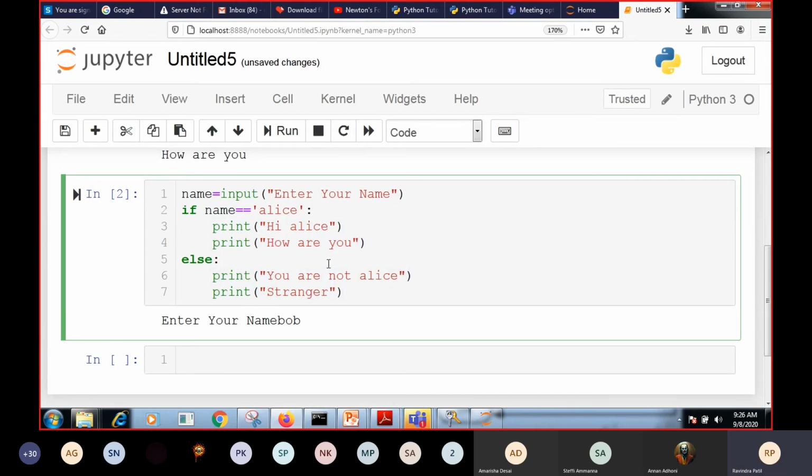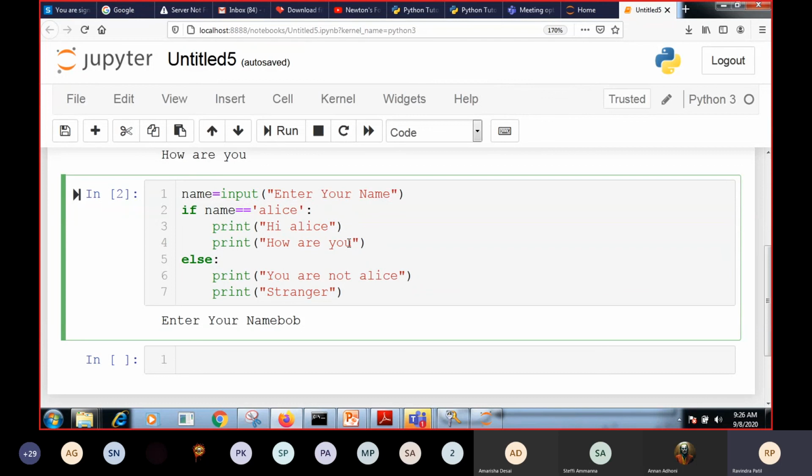As I told earlier, in Python we are not going to use braces. So these two statements will have the same space with respect to indentation. That represents these two as a set of statements of the same block. Here also, the number of spaces in these two statements is the same, so this also comes under the same block of statements.